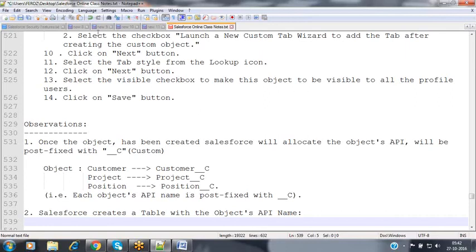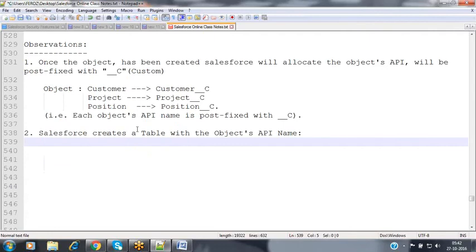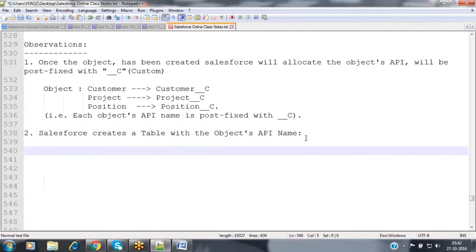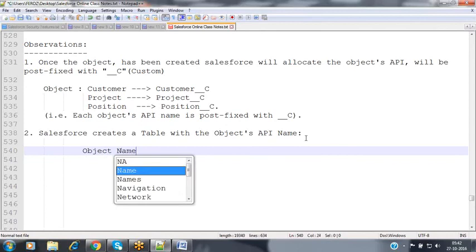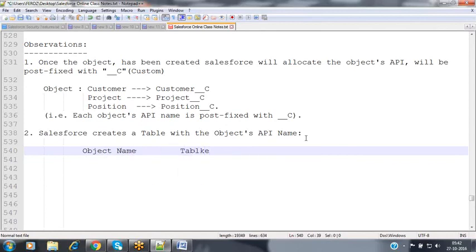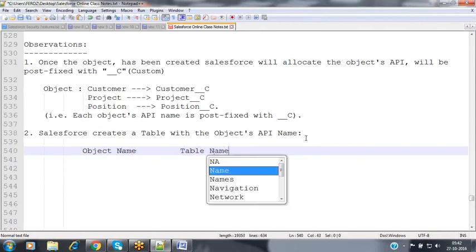So now whenever you are going to be creating a new object, Salesforce is creating a table. So now the table's API name is also the object's API name. So nothing but the table name. It has some object name, some table name.